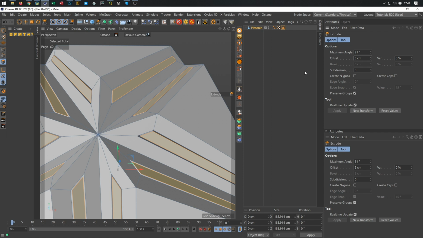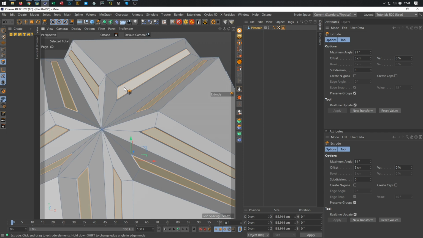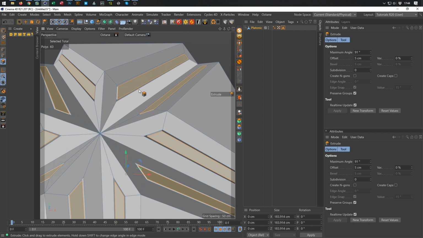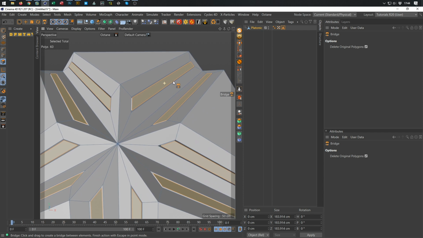The next step, what we have to do manually, I found no way to make this not manual, is we have to bridge all these polygons here together. So B for the bridge tool. If someone knows a way how I can bridge all at once, I would really be thankful for this, but